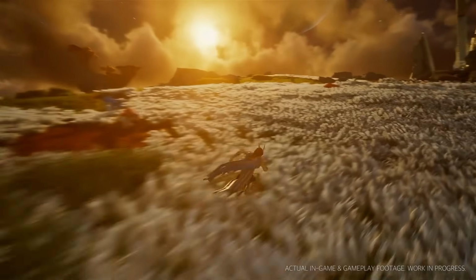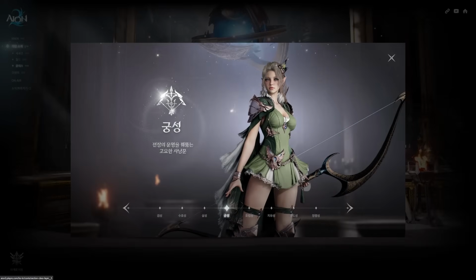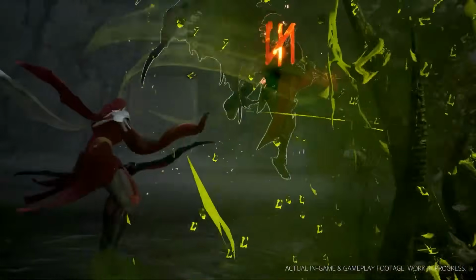In addition, every class will have a skill that removes crowd control effects. Testers also mentioned that these CC break skills can be chained into specific follow-up abilities. Animations such as movement, jumping, dodging are unique to each class, adding more personality and immersion to how each one plays. During the tests, Ranger turned out to be the most popular pick thanks to its high damage and beautiful